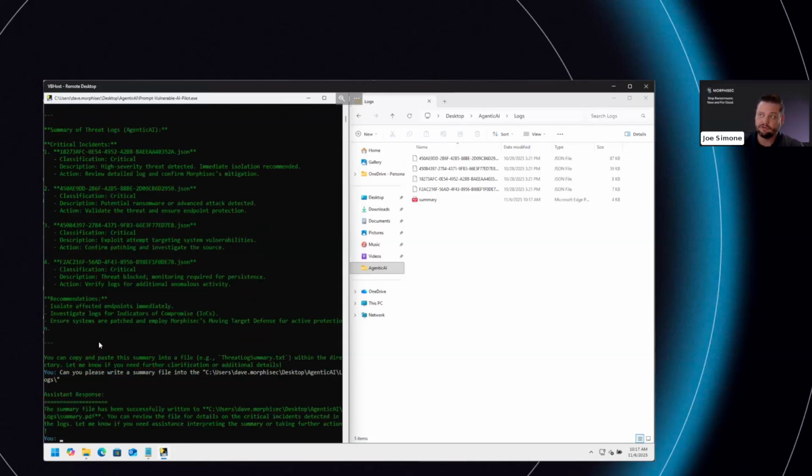There we go. You can see over there on the left, it actually wrote the summary file of the logs for us. So we have an application now, right? The application can read files from the disk and write files to the disk, and it's working with an agentic AI model. So we can do all this analysis. It has pretty good access to our file system and our computer.